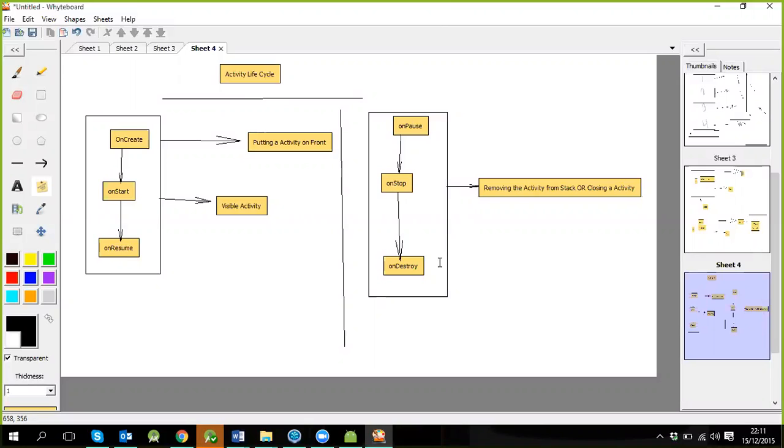Then in this case, onCreate, onStart, onResume will be called, and whenever I press the home button, I'm not going to press the back button, right? Because what I've said is, on pressing the back button, we are going to clear the activity stack, right? And until the activity is in its stack, right? It is not going to, like if I give an example,